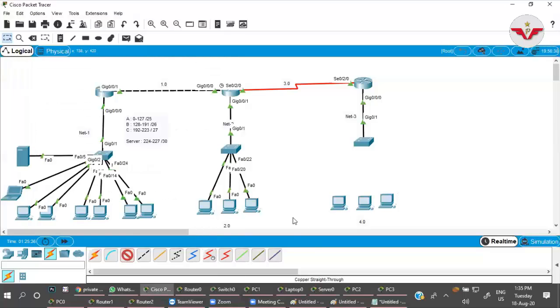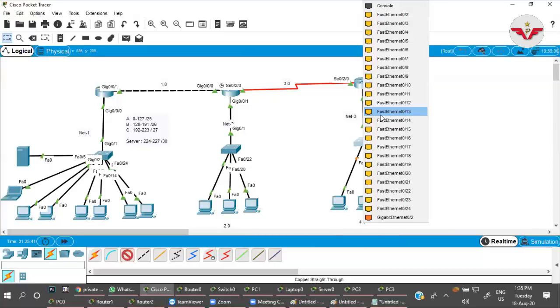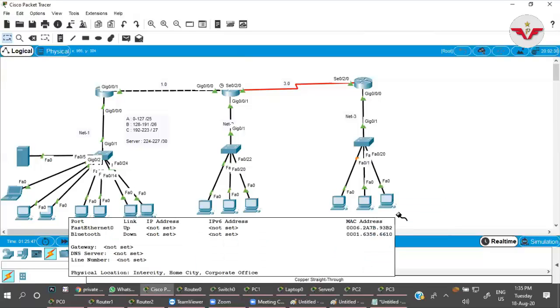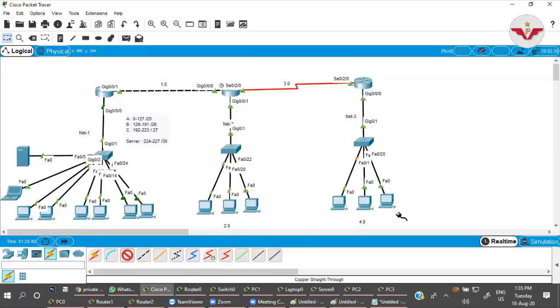Sir, whenever a client, you said there is one rule, right? Yes, DORA. That is a step, not a rule.